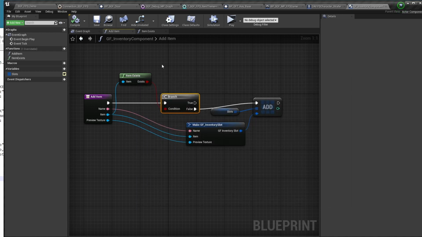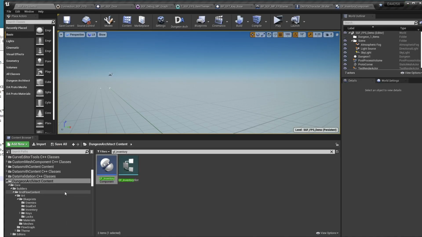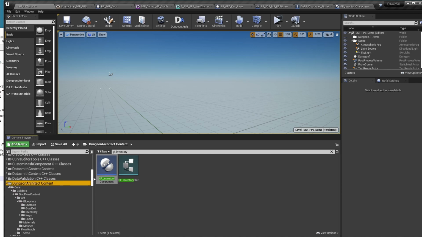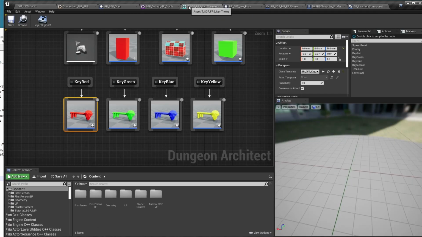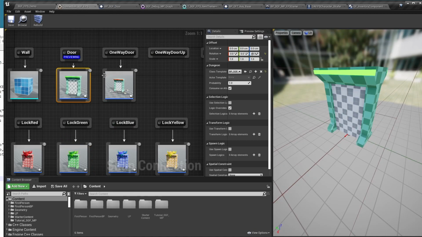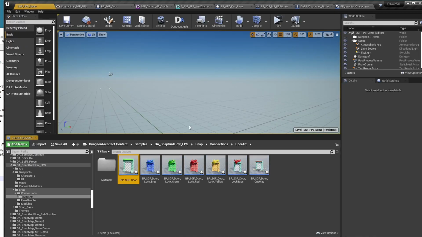Now there is another issue that you might face in the engine on version 4.25, because I want to make the samples backward compatible. But when you're in 4.27, you'll have a problem with the mobility of the object. So if I go to the connection editor here and look at the door blueprint,